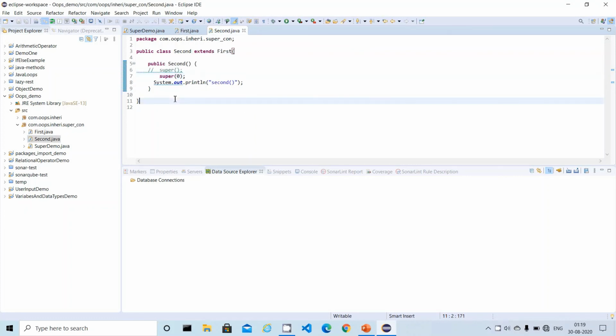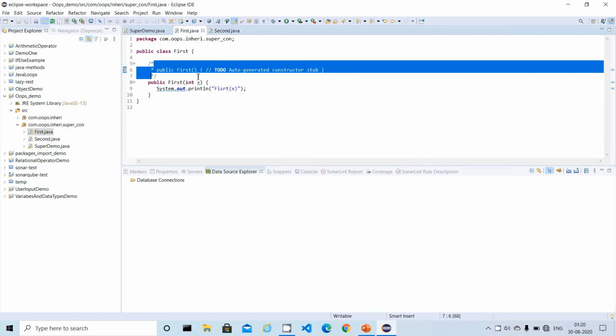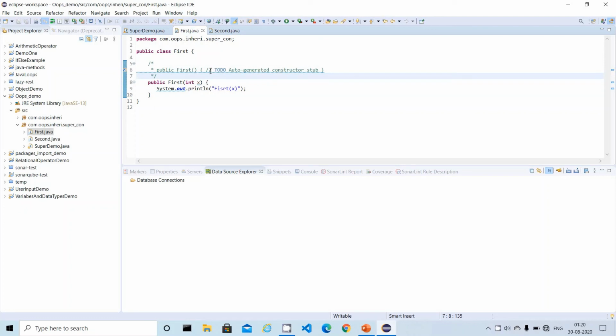So this is another rule we have to keep in mind. Whenever you are writing a class which can be extended, you have to take care of the default constructor as well, so that the people who are going to extend your class will not get any issue, else they are not able to extend your class. These are the two major rules to keep in mind when you make a class which can be extended: the super keyword and the constructor chain. In the constructor chain, the superclass constructor is always executed first, then it comes back to the child class, and then the child class constructor is executed. So this is the flow.